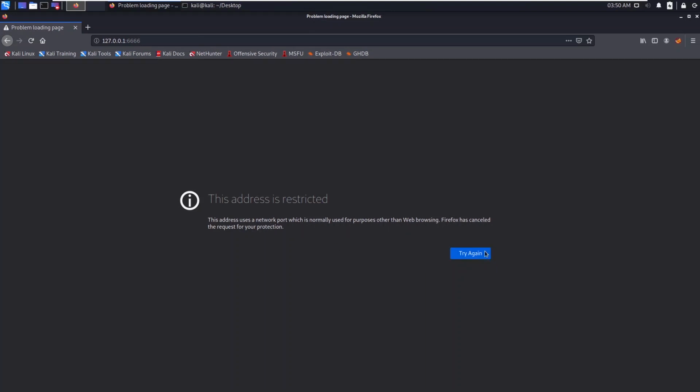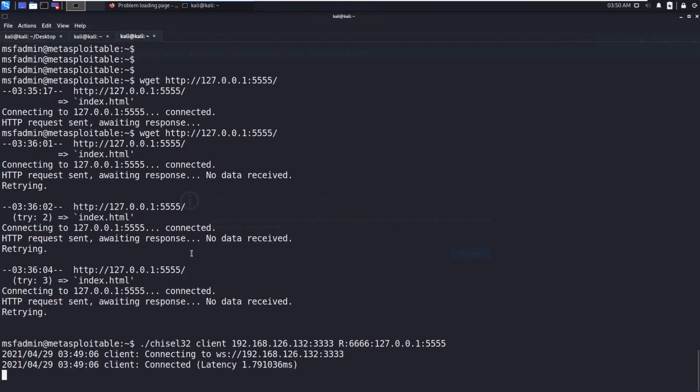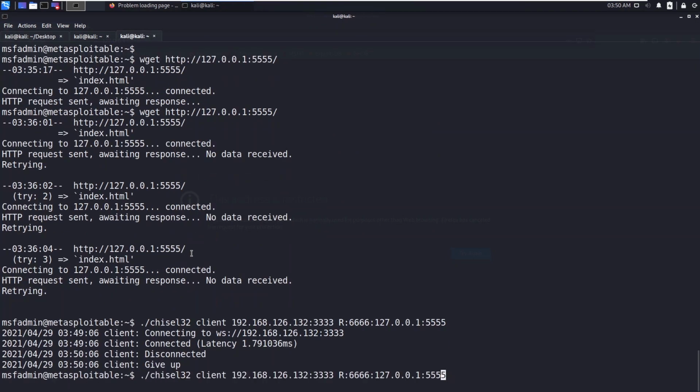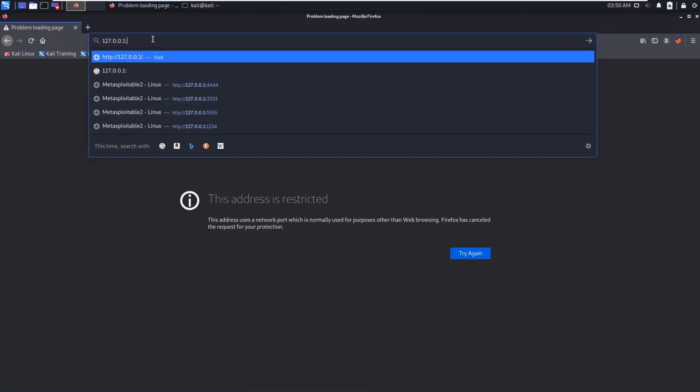Okay, let's use another port. Let's use 1111 instead of 6666.